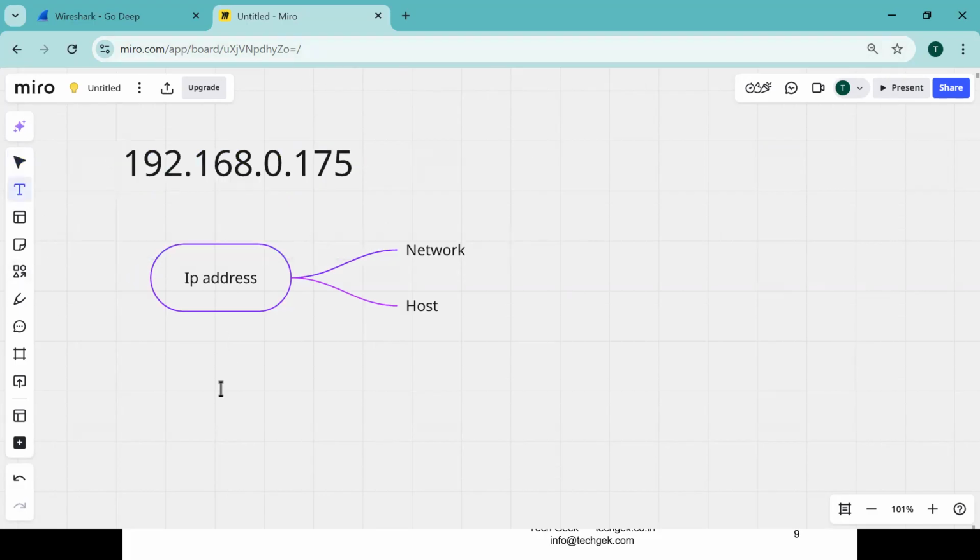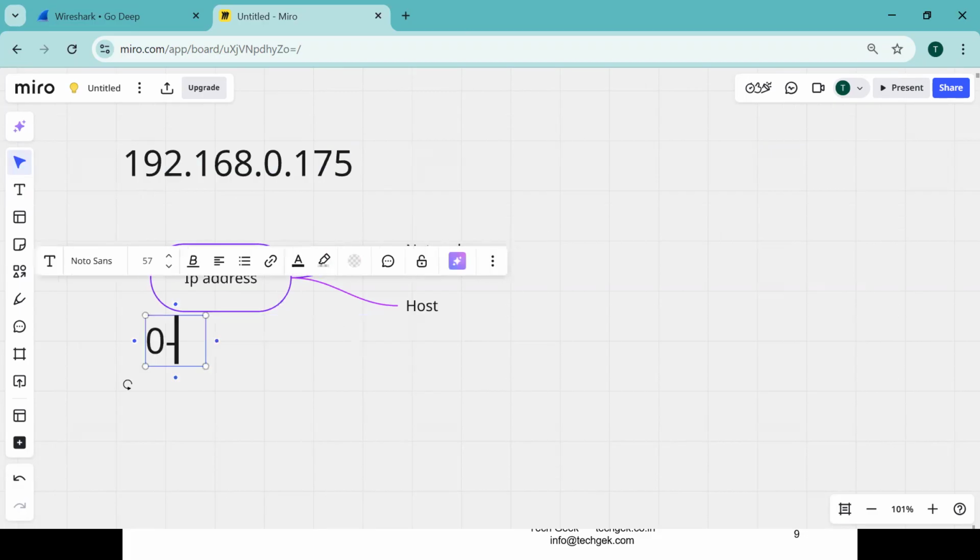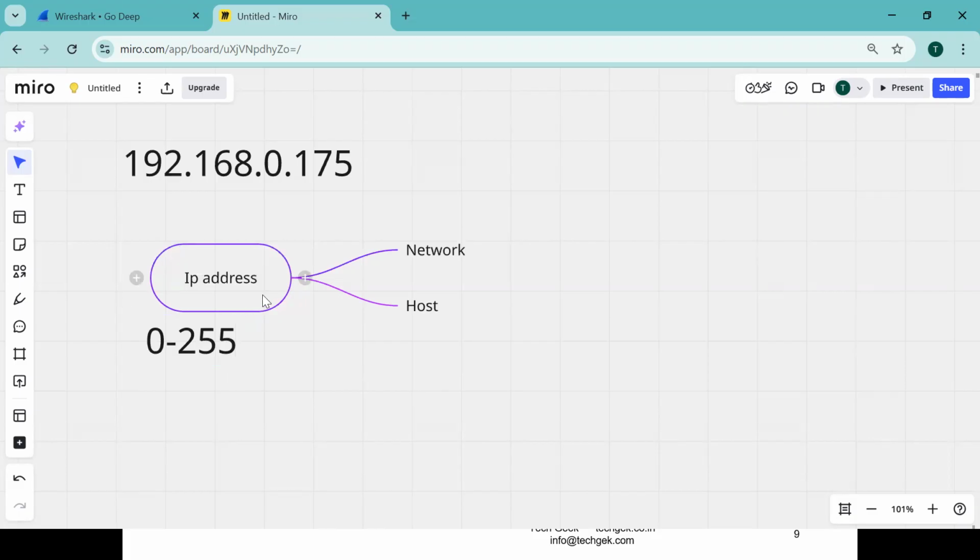So the IP address range is always under the range of 0 to 255, not beyond this. We'll see that in detail. You never see an IP address as 256, or 258, 259. We'll see it last as 255. Each octet can be only in the range between 0 and 255. Now, why? Based on binary calculation, it will be there. But let me show you that when I take these IP addresses, right?